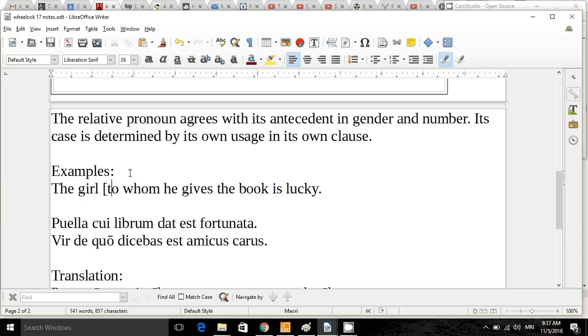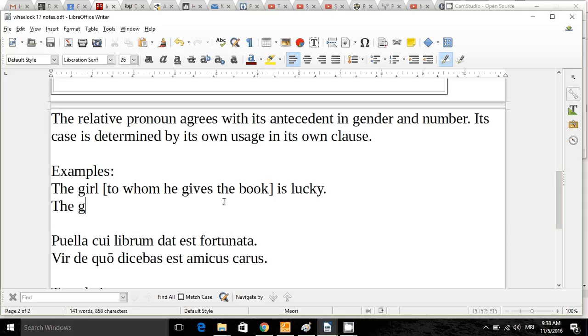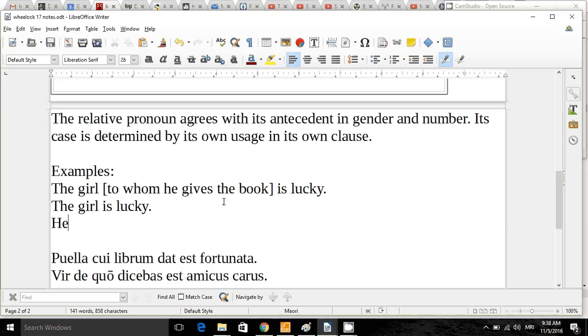All this stuff in between, this is a relative clause. It's a clause that's related to and connected to the main sentence. So the main sentence is the girl is lucky. The relative clause is to whom he gives the book. So the 2 sentences, if you want to think of it this way, that are being related are the girl is lucky and he gives the book to her. So how do you connect these 2 things together? Well, you take this to her, and that's going to come into our sentence